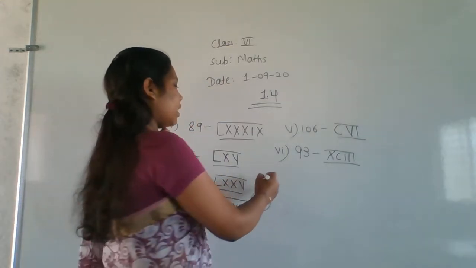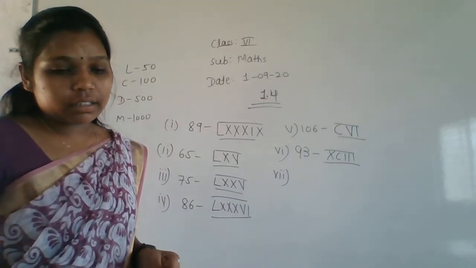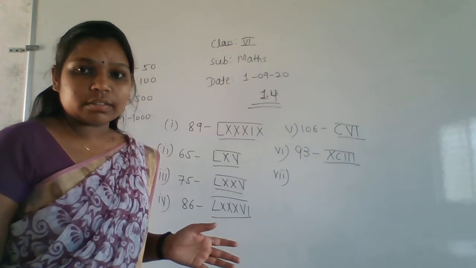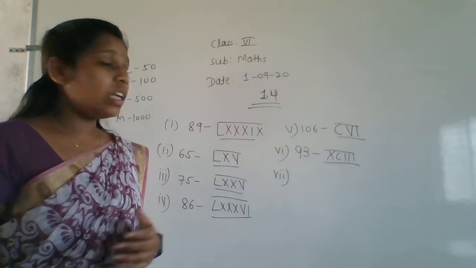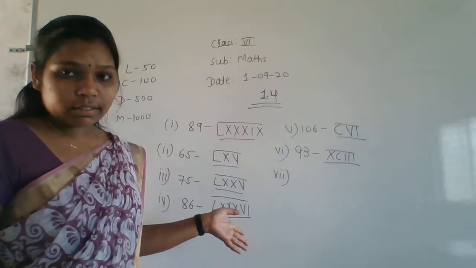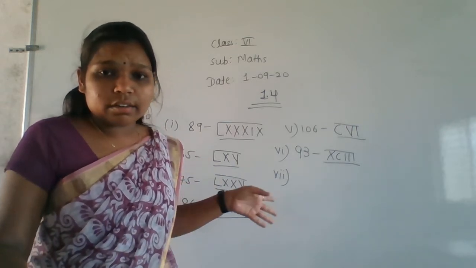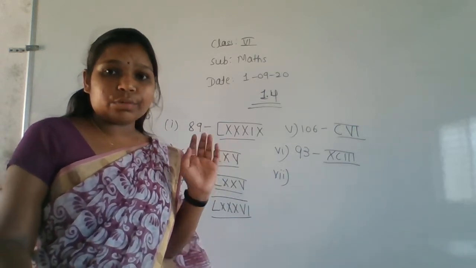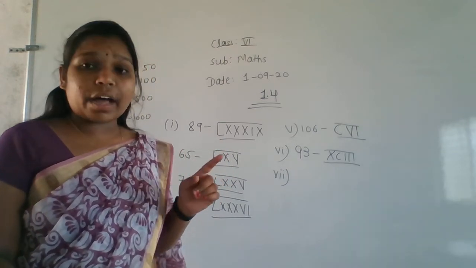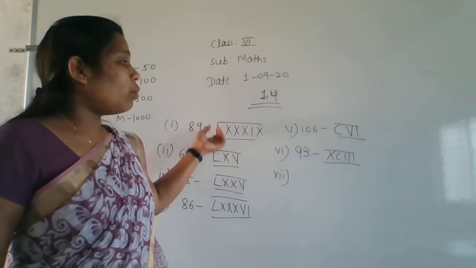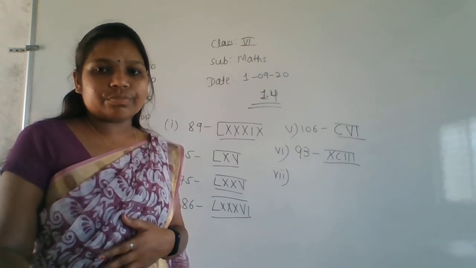Okay. So next we are going to write the seventh value. I hope everyone knows the Roman numbers. That's why I told you to write the Roman numbers up to 500. Only then will you come to know all the values, right? And you have to practice. I won't do it here. That is not my duty. That is your duty to practice. If you know the Roman numbers up to 500, only then will you know how to write these numbers in Roman numbers. Otherwise, you will not get anything here.